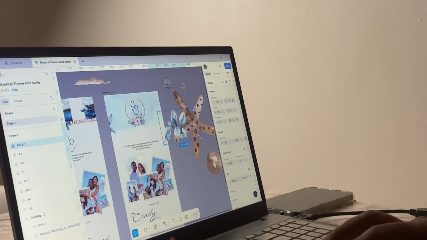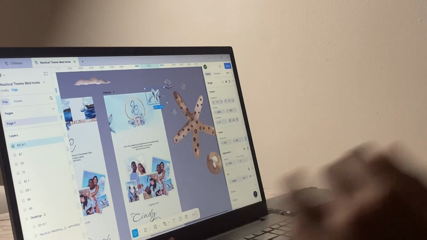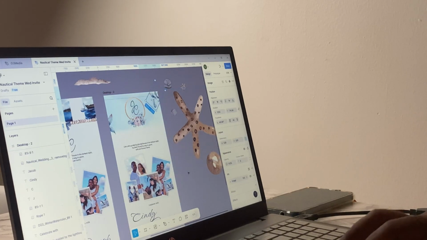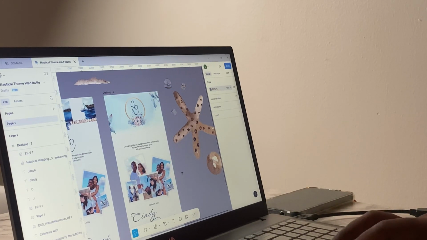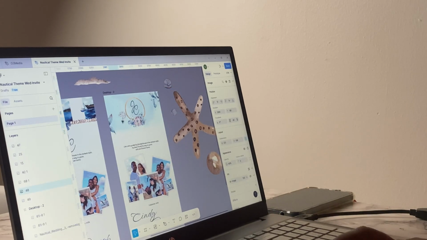I'll try to add them throughout the website and reduce their opacity so it looks as if they're submerged in water or a bit far in the water, if you get what I'm saying. There's distance, so I wanted to have that sort of dimension when it came to the visual appearance of the website.